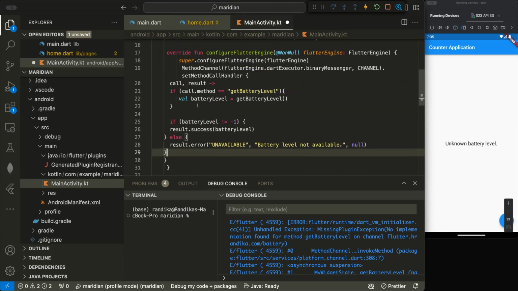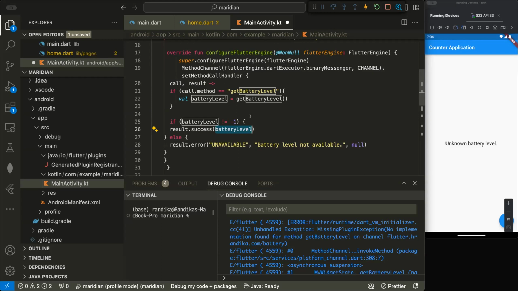Something like this. We can say if battery level is not -1, result success. That means if it is not returning -1. For some reason, if the battery level cannot be computed, the underlying operating system will return us -1. But anything other than that, say 0, 1, 2, 3, whatever the battery level that we are getting, we have a call method, which means once this is called, the result will be sent by this callback method. We will call the callback's success method with the battery level that we have got from